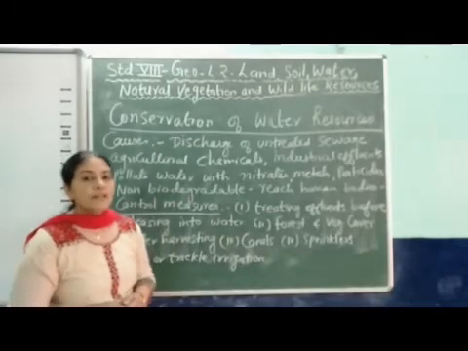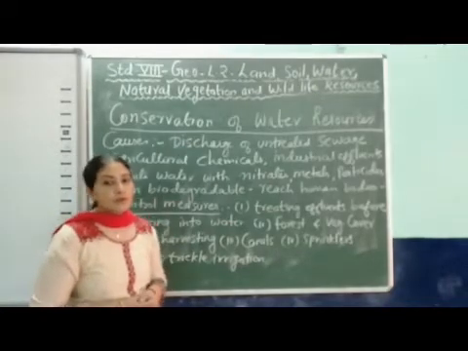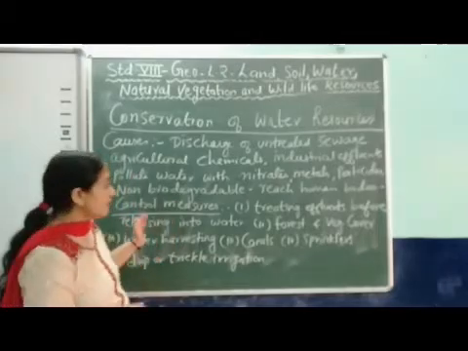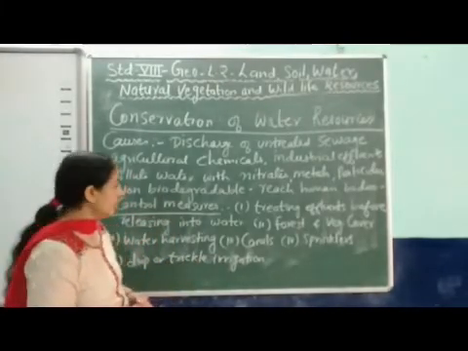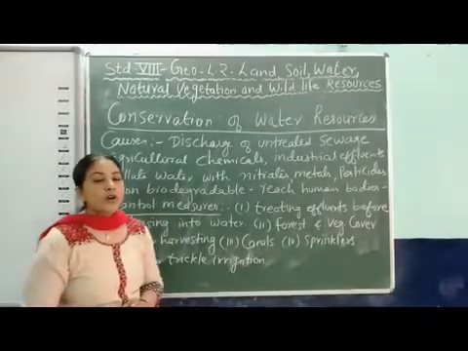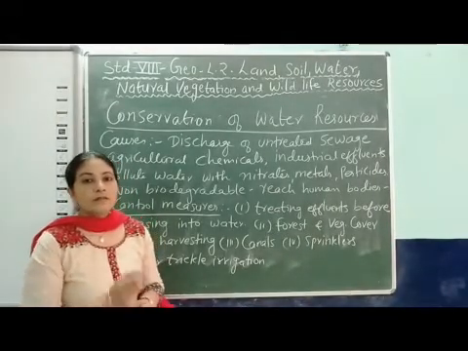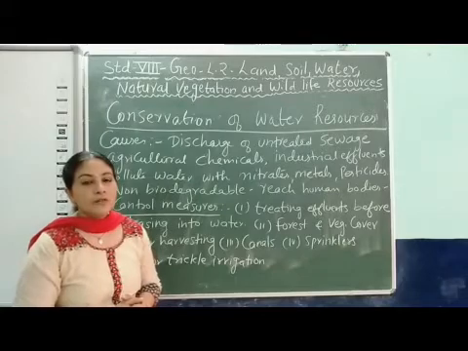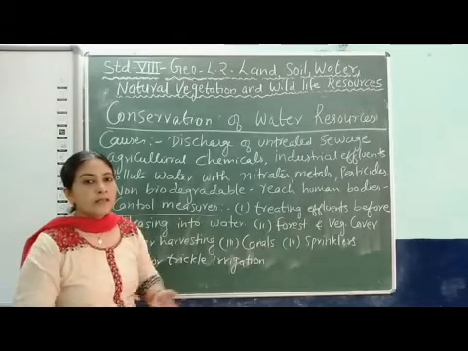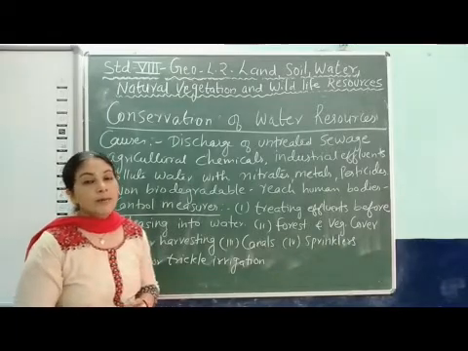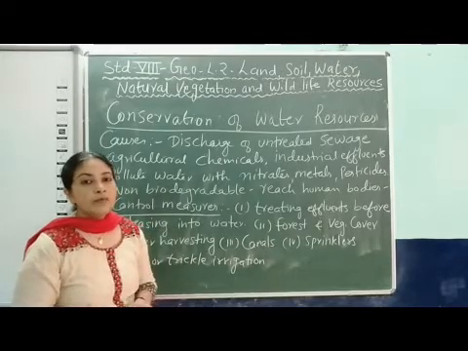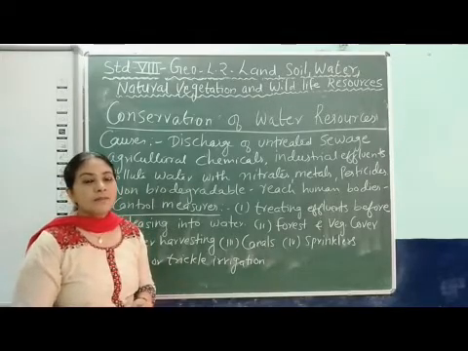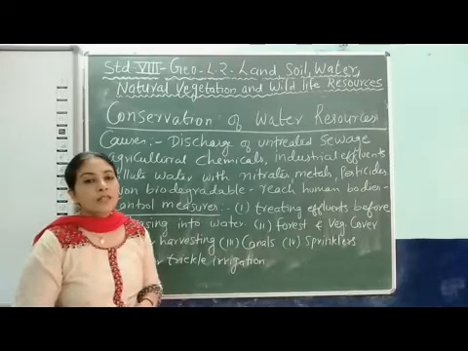So now what can we do to stop water pollution, or how can we do conservation? So there are some methods. One is treating effluents before releasing them into water. So the treatment of the water should be done, and there are some water treatment plants also where treatment is done. So there are many processes, chemical process, physical process, biological process through which water is